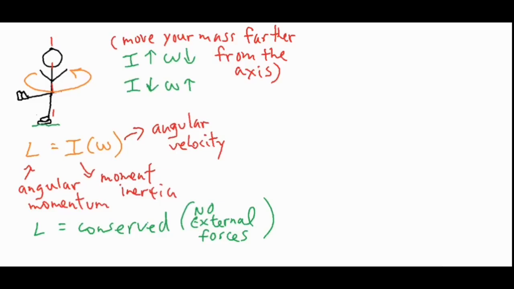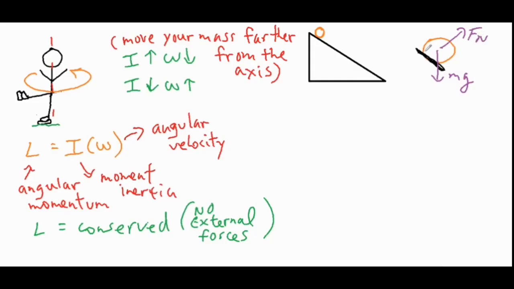Now, that same thing applies to people and things. One of the classic cases would be taking a look at an object that is rolling down a ramp. So we might have an object up here, and as it's rolling down the ramp, we have a couple of different things going on with it. So let's take that object and pull it out over here. And here's the surface right underneath it. And if we were to draw the forces acting on it, we would have mg as usual, the force of gravity. We would have a normal force perpendicular to the surface, and then we'd also have the force of static